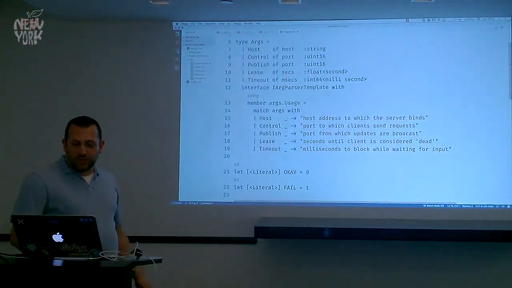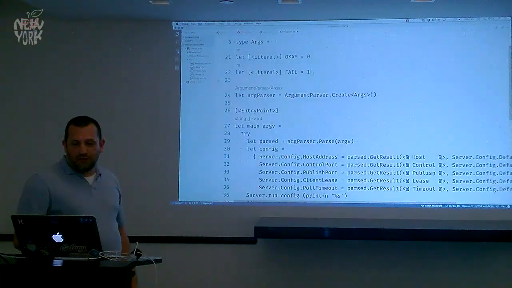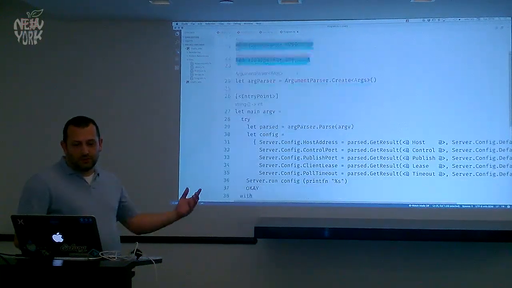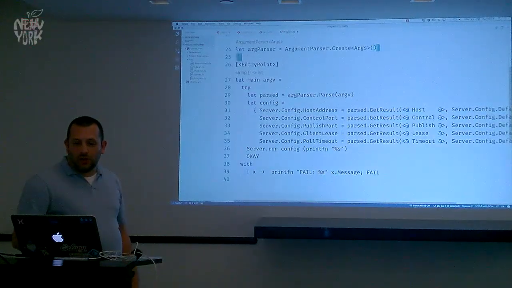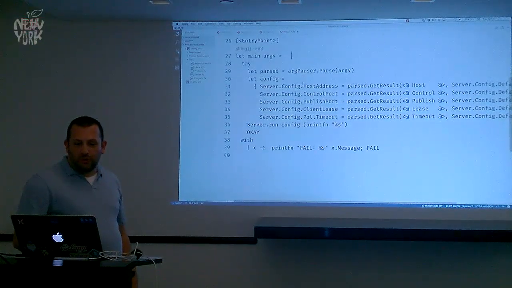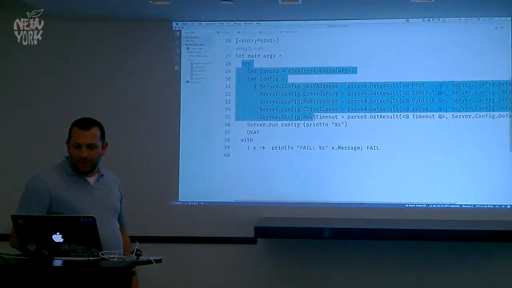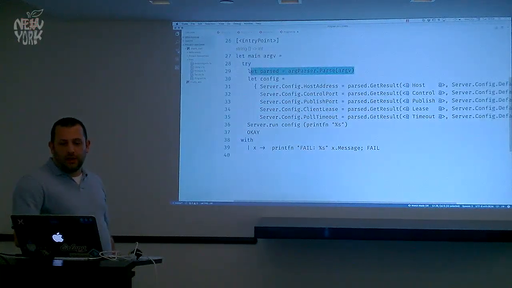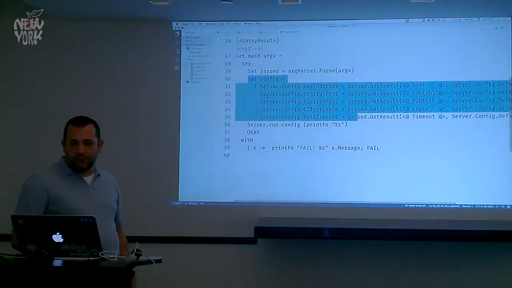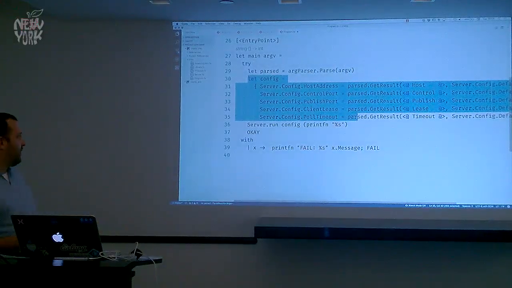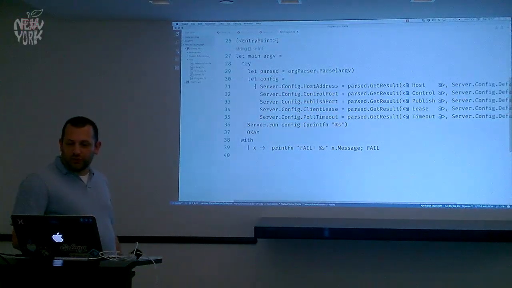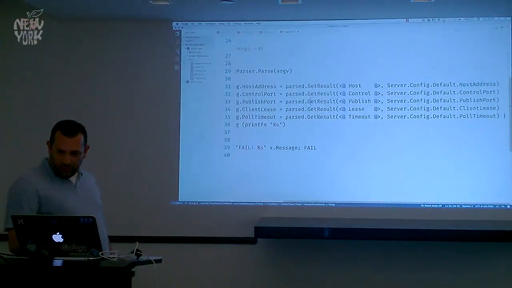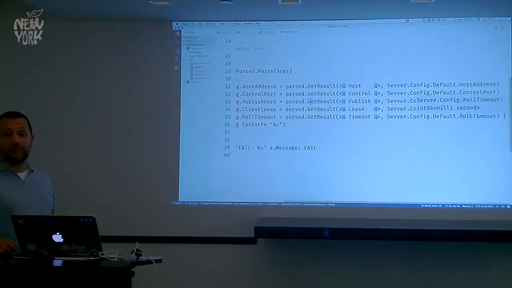So we're setting up our command line args, such as they are. I define a couple of literals because I choose to. We create an arg parser, and then our entry point is our main function. In a try catch, basically we parse the input and we build an instance of our server config object, which really just checks the parsed results for the parameters. And if the parameter is missing or wasn't provided, we use a default that we've hard-coded in the system.